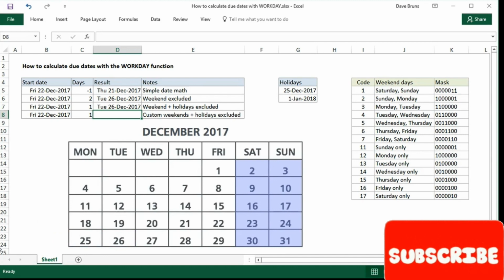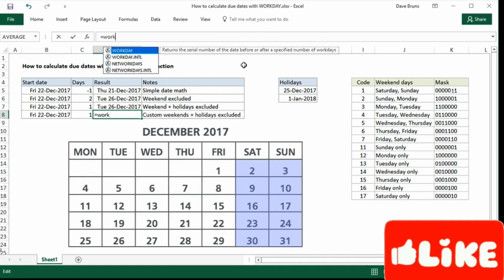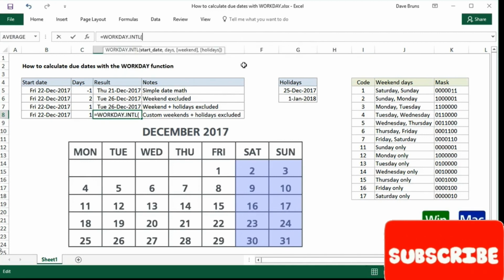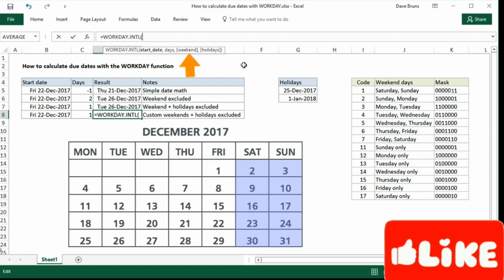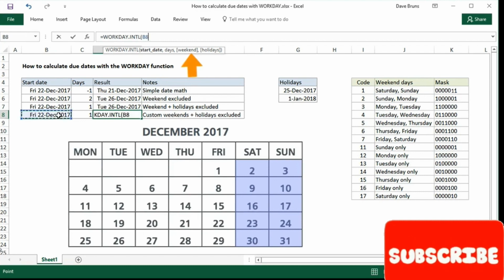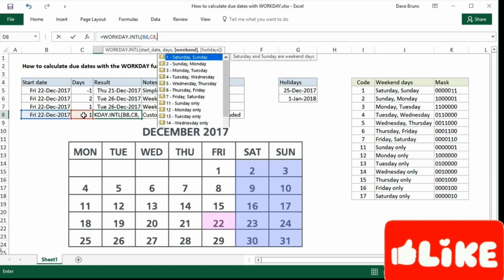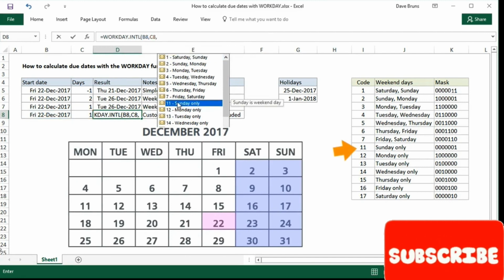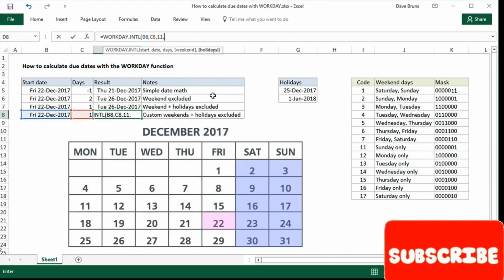Finally, what if you need to treat a weekend day like Saturday as a workday? In that case, you'll want to switch to the WORKDAY.INTL function, which allows you to customize weekends. WORKDAY.INTL takes another optional argument called weekend, which goes into the third position, followed by holidays. For example, if Saturdays are normally workdays, you would supply the code 11 for weekend, and WORKDAY.INTL will treat Saturdays